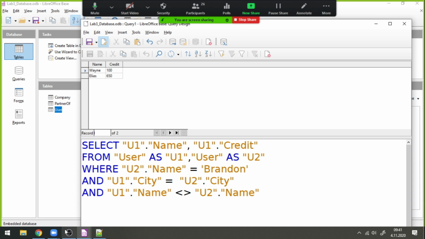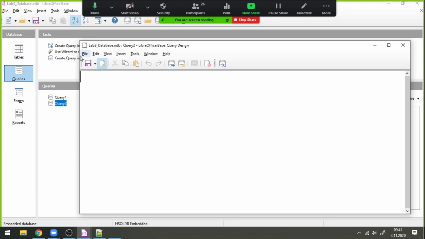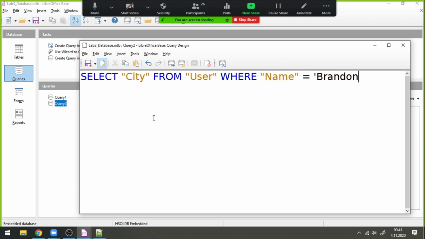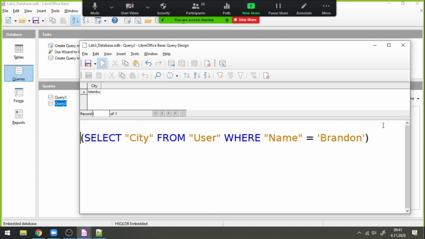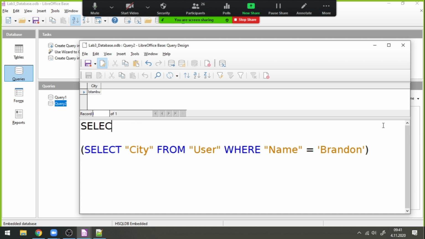So we solved this with Cartesian product, but actually we can also have a different solution. We can first find the city of Brandon. So from the user table, our condition is going to be for name to be exactly equal to Brandon. With this query, I can find the city of Brandon. And if I were to use it as a subquery, in my main side, I can project what the question is asking. It's the name and the credit